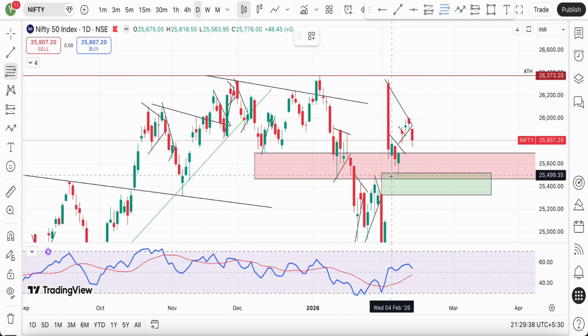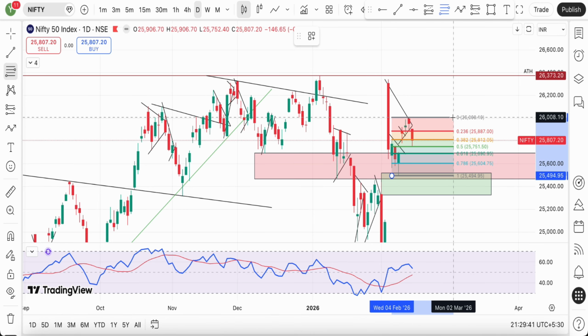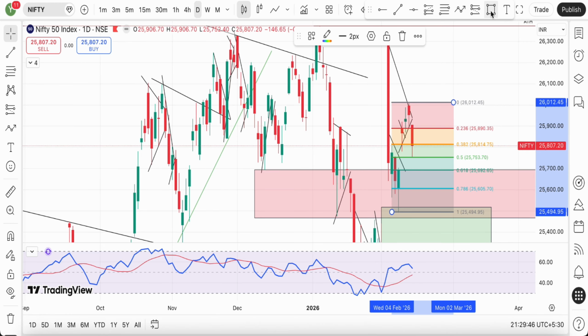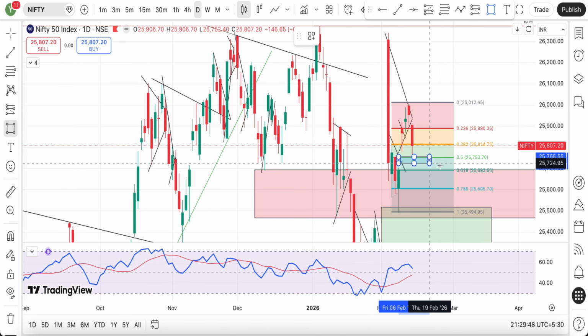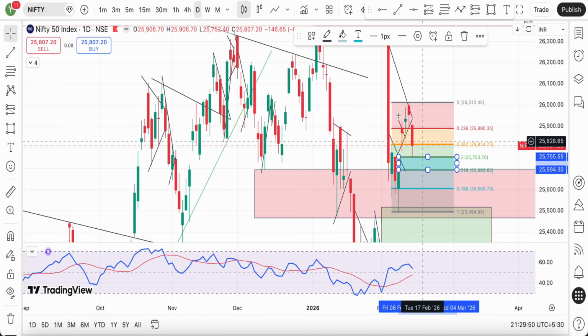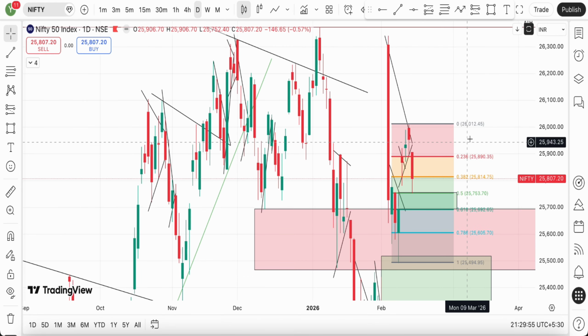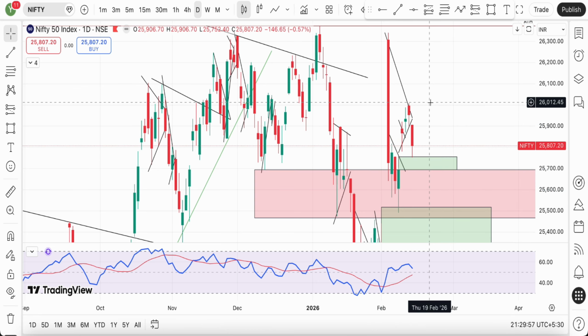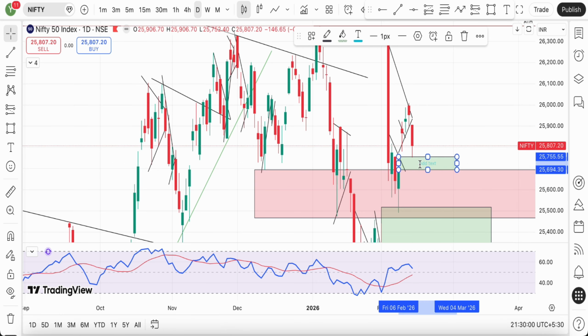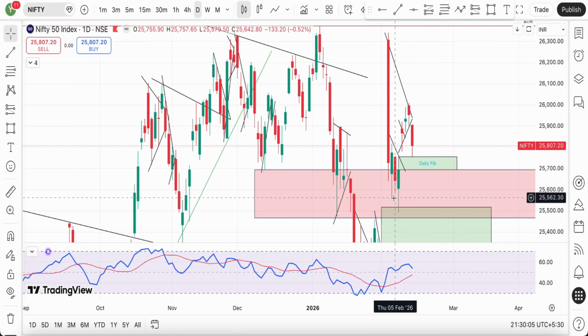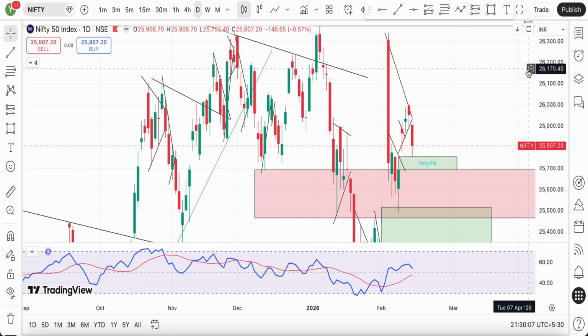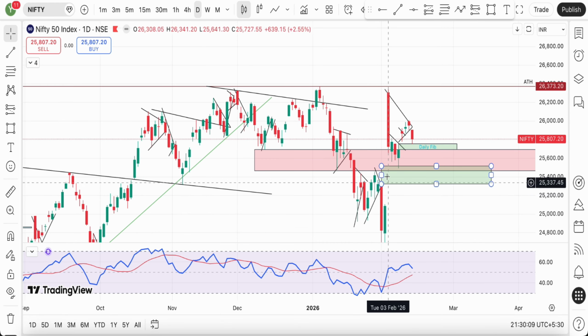And I'll simply be using this particular swing. Now, this is not an active support because the market structure isn't absolutely clear out here right now. But still, I will be putting this down as a daily fib level, simply because this is in between these two swings. And of course, the charts have been damaged by these two big candles which we had seen.